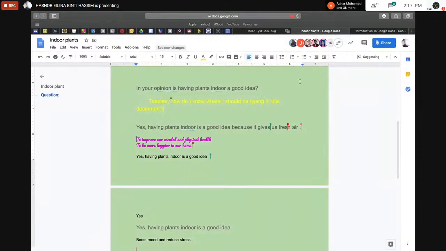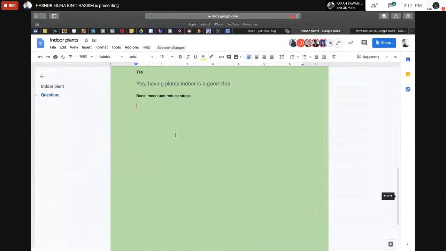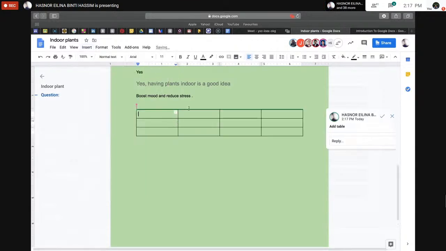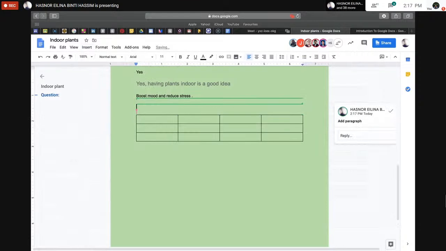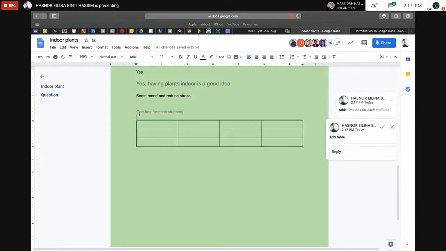All right. Okay, so the next part we have covered. Okay, so now say for example, I want to put a table. So you just click the insert button. Okay. For this kind of activity where you actually insert a table, I will tell my students to be careful with choosing one box for each student. Okay, this will be a reminder for them so that they don't